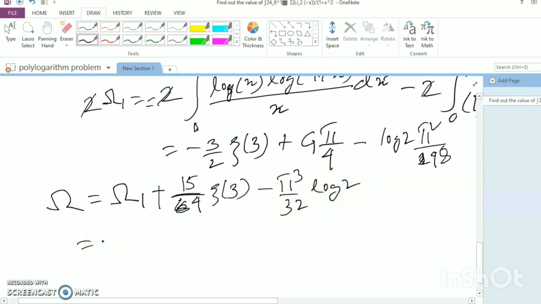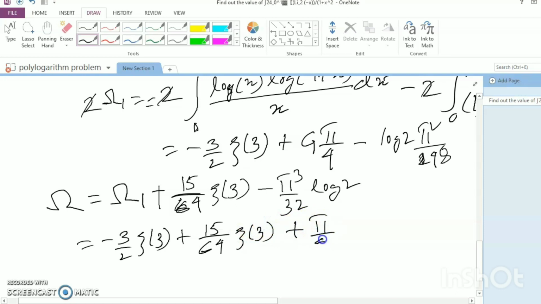So the value is minus 3 by 2 zeta 3, and 15 by 64 zeta 3, plus pi by 4 G